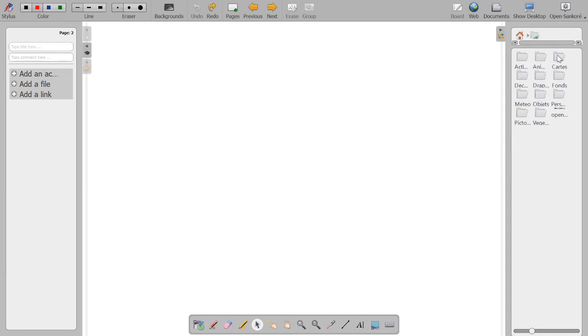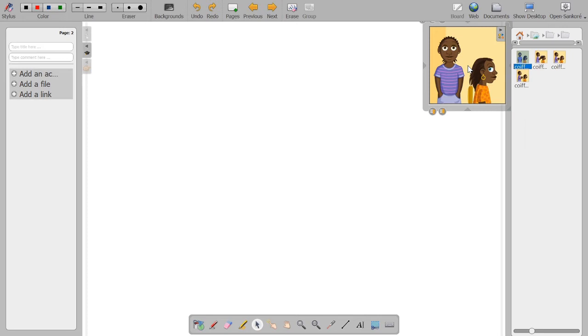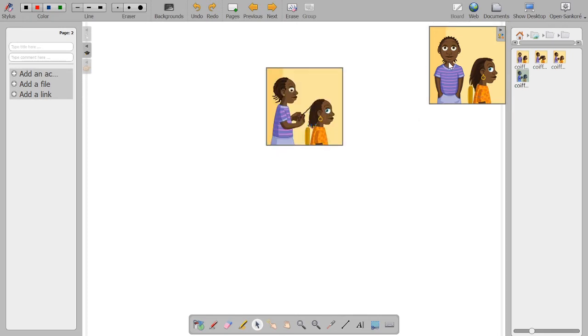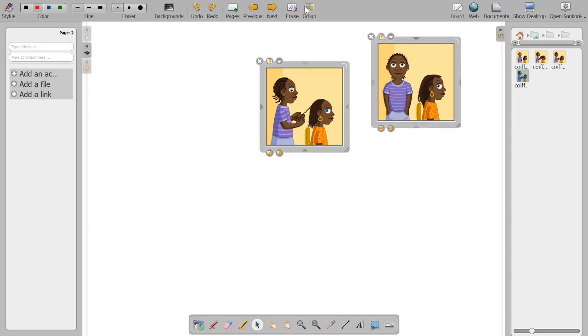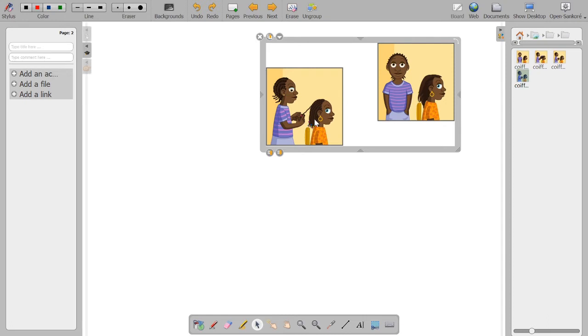Like we'll take two objects. See, these are independent objects. So we can group them so that they behave as one object. We can also rotate it.